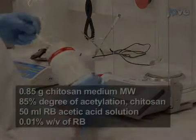Begin by preparing a chitosan solution in rose